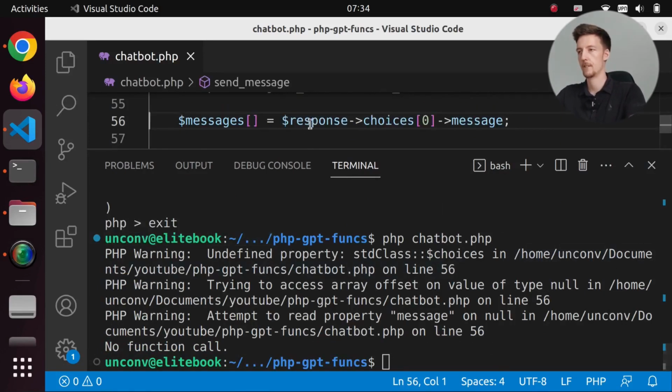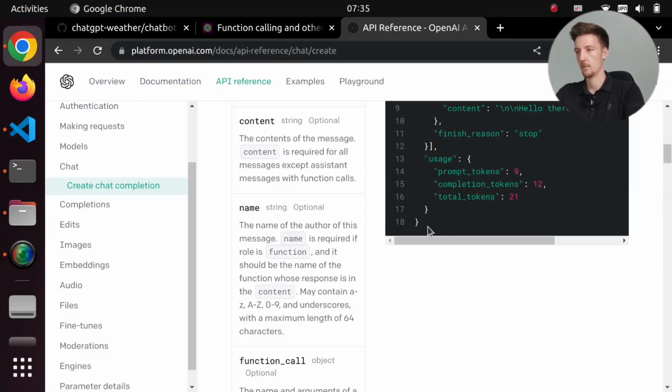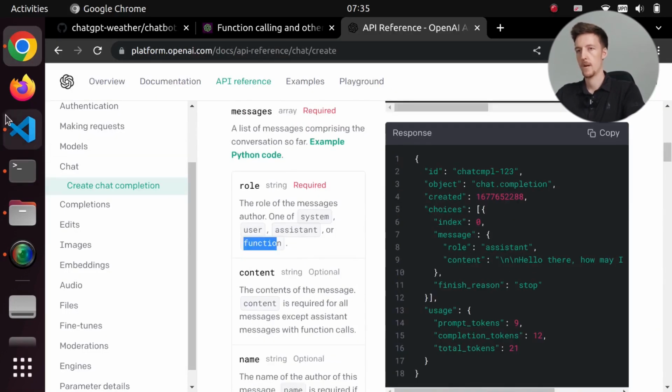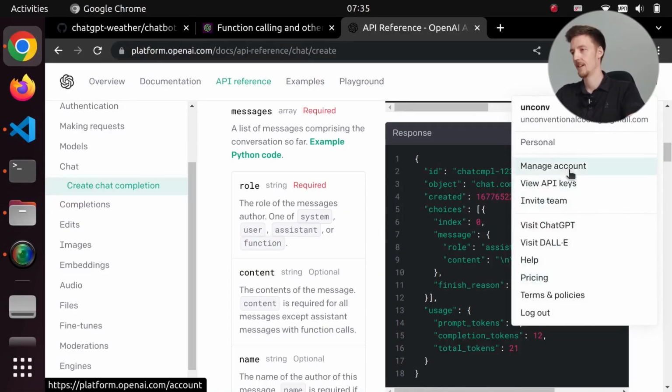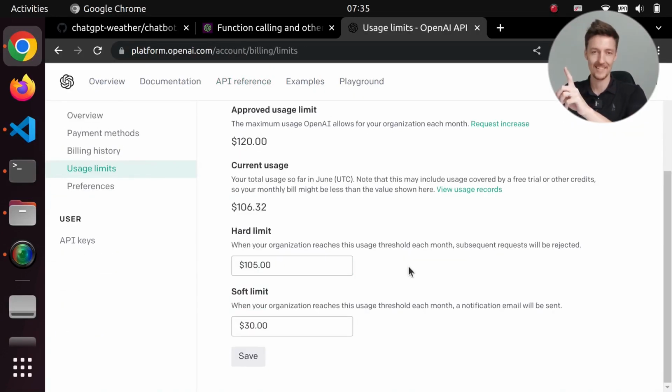Let's go on line 56. And for some reason this didn't work. Perhaps I have run out of money in my OpenAI account. That is correct. I've been testing out this GPT-4 API too much with my GPT Autopilot project. So let's set this to the maximum limit of